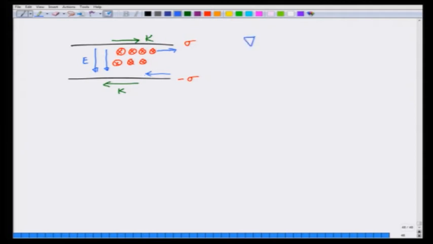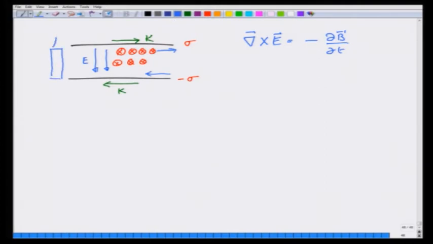This comes from curl of E induced is equal to minus dB by dt. Using Stokes' theorem, I can calculate the magnitude of the electric field. How would I do that? I will take a small loop